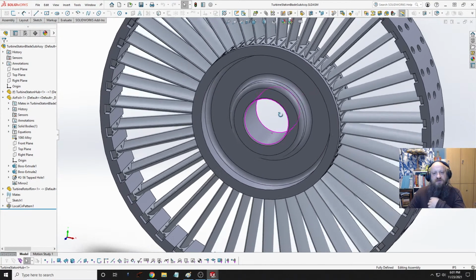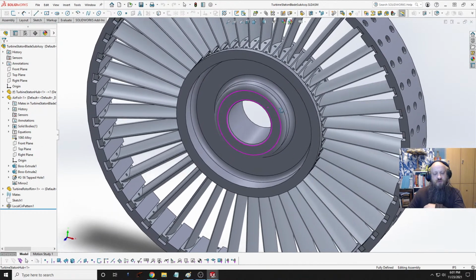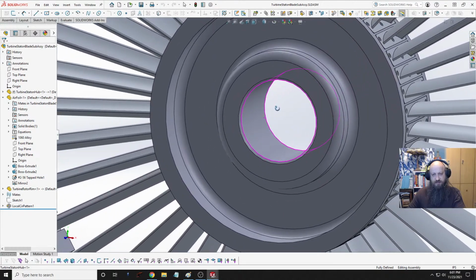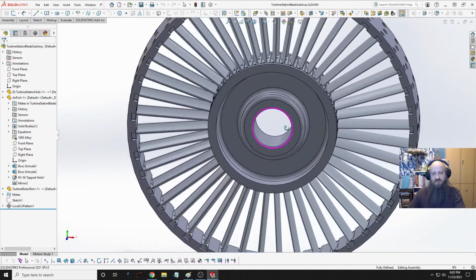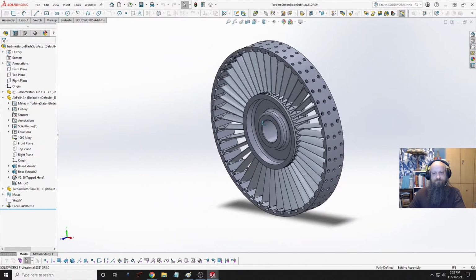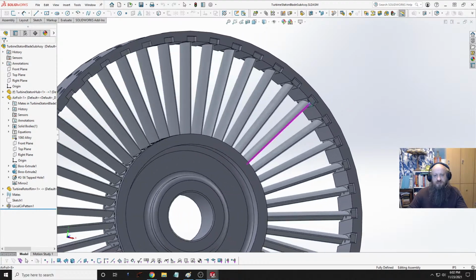I'm wondering if I will need to modify this piece here to where I can install a bearing. I think I'd have it press fit in there so that it won't turn. It'll turn independent of the shaft. I'm still kind of thinking about that, but to keep the alignment and everything like that, what I could probably do is do a little more research on how